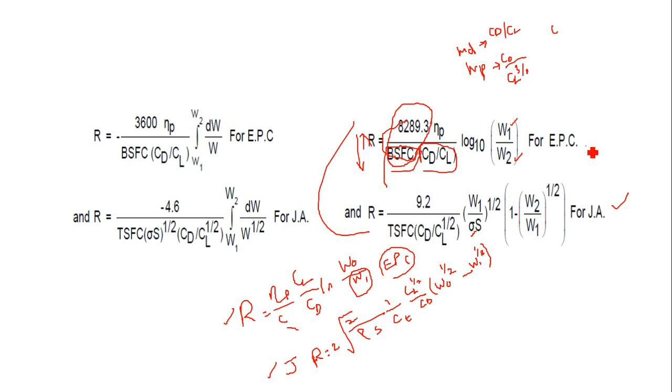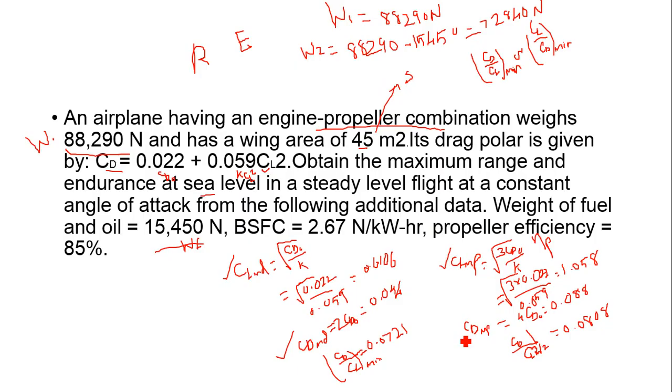So in this we need to choose this formula only. So 8289.3 into eta p, they have given like 0.85 percentage, so we can put 0.85, and for W1 and W2 we found two values. CD by CL also we found, and I will substitute here the values. R is equal to 8289.3 into 0.85 divided by BSFC, they have given like 2.67,